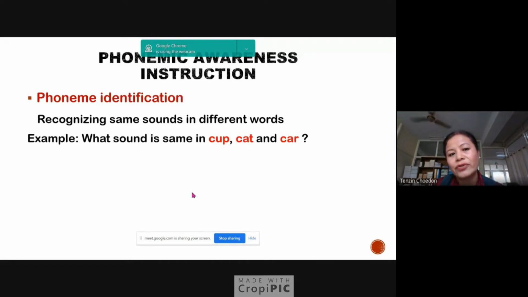Same sound in different words. For example, what sound is same in cup, cat, and car? If you ask this to your children, what they need to do is they need to identify the sounds that are similar in these three words, right? Right now you can see the print, but when you